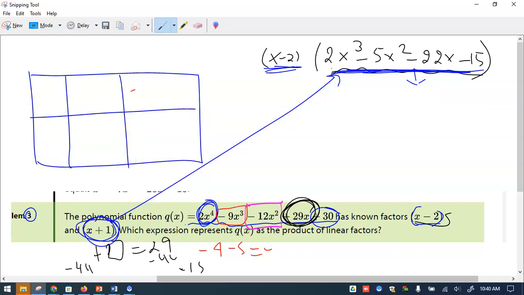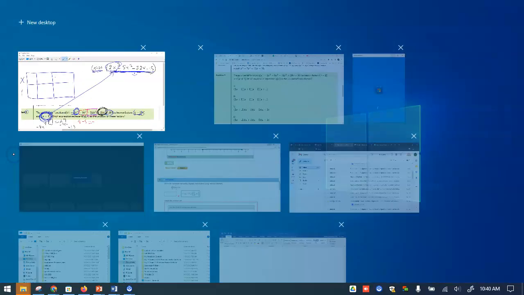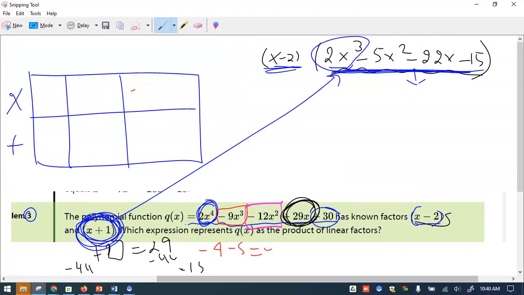Okay. And this is 2x squared. But first let me write this as x plus 1. So this is x, and then plus 1. And this 2x cubed will be right here, and the number by itself, minus 15, will be here. Now, what multiplies x to get 2x squared? So this will be 2x squared, because that's the only way you can multiply and get 2x squared. The same 2x squared you multiply by plus 1, and you'll get